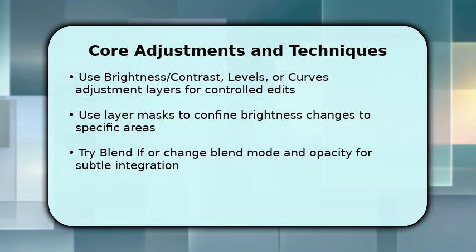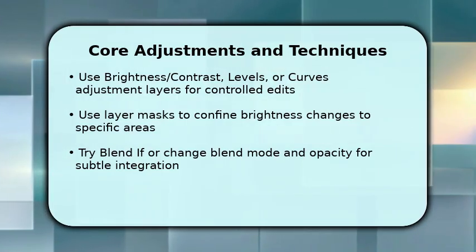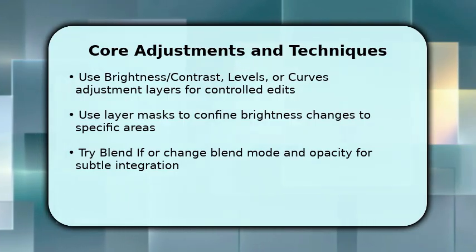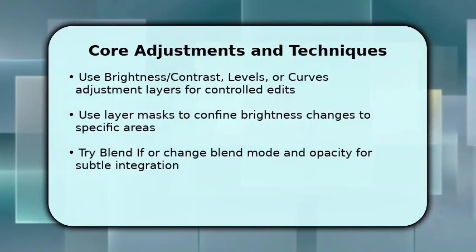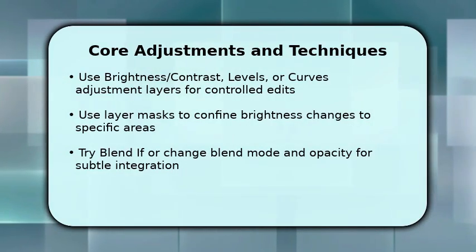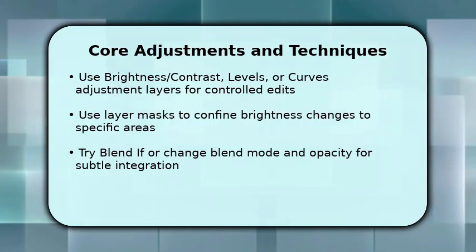Use the adjustment layer's mask to paint with a soft black brush to hide or white to reveal changes locally. If highlights or shadows look unnatural, change the adjustment layer's blend mode to luminosity and lower opacity to blend brightness